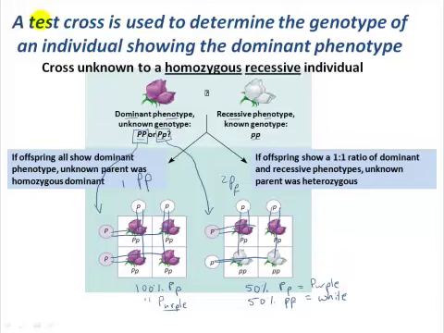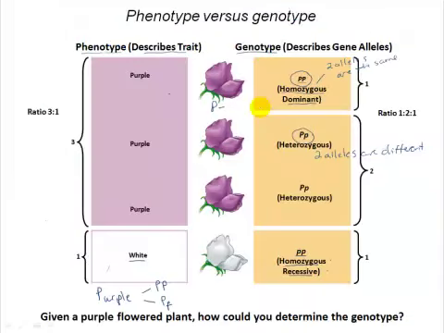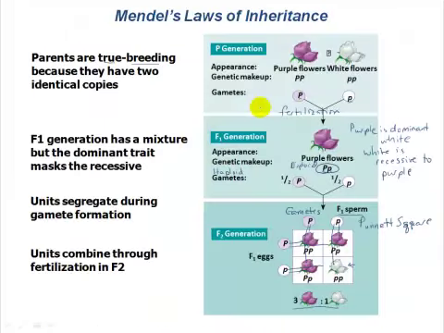So that's referred to as a test cross. You're testing the genotype of this unknown plant by crossing it to a homozygous individual. So it's used to determine the genotype of an individual showing the dominant phenotype when that can be driven by multiple genotypes. Okay, so what we've been talking about here is a cross involving one gene with two contrasting alleles,